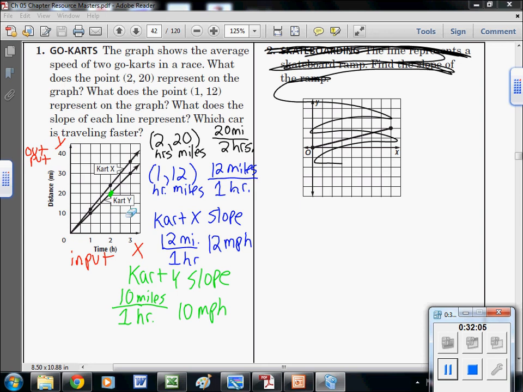You can do it exactly like we did constant rates of change, with change in output on top and change in input on bottom, or you can do it as change in Y over change in X, whatever you want to call it. You can use the slope formula, you can do it intuitively, you can count on the graph like we sometimes can if these points were more clear. You've got options. So just remember, calculate your slope just like constant rate of change, and then interpret it just like constant rate of change. So practice these problems and make sure you have an idea